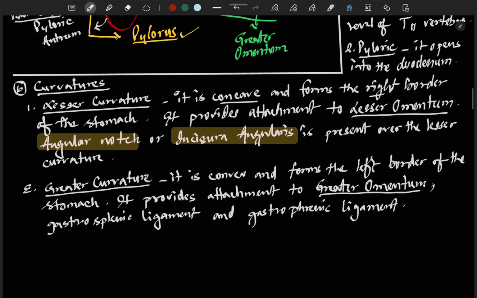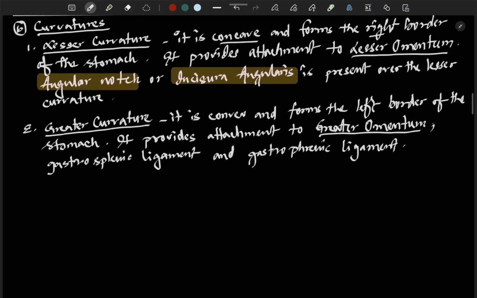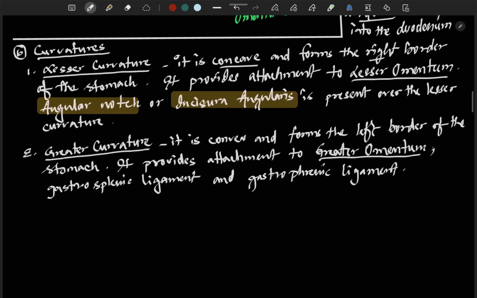Gastrophrenic ligament. And next one will be the